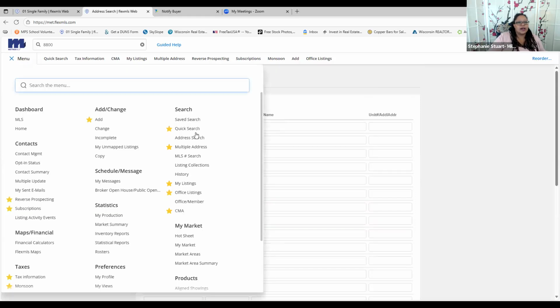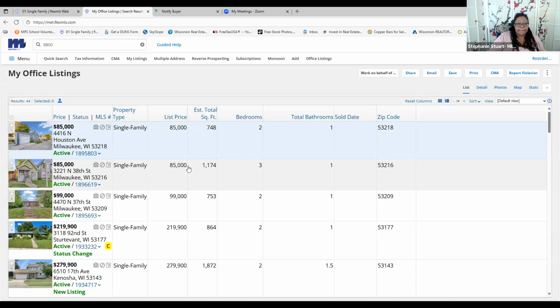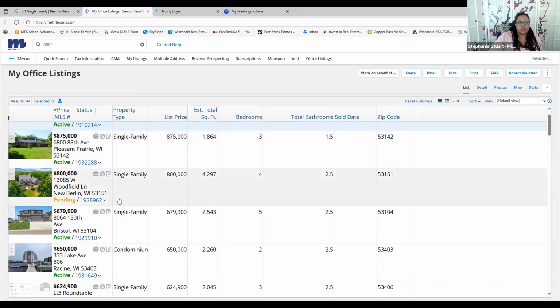Now, outside of search, when it comes to advertising on social media, sometimes people want to post listings that are not necessarily their listings, which is fine. But the rule is post something from your firm in your state, or at least from your firm. So depending on what your market is and what your target audience is, who are you trying to capture? Based off of who you're trying to capture and what price point you're trying to capture, you can click any